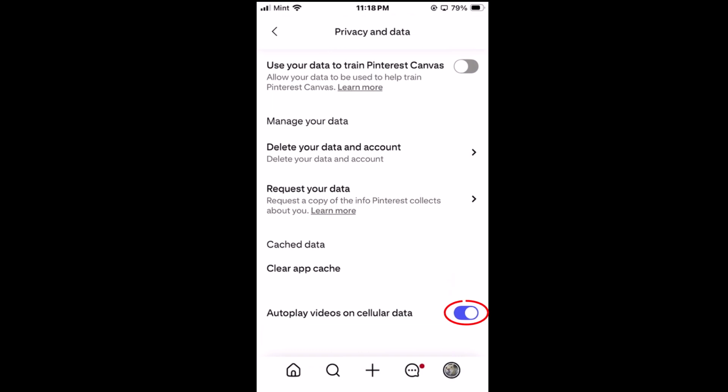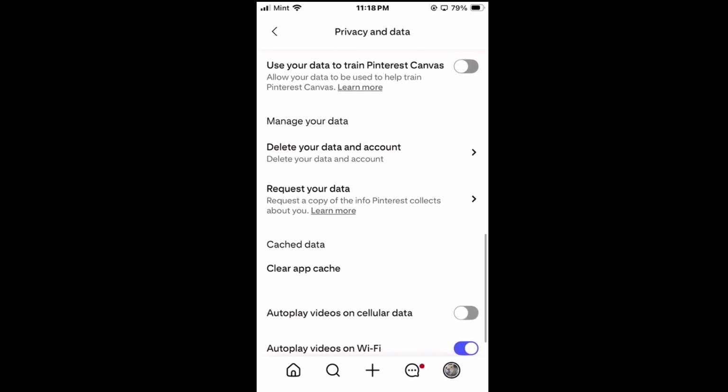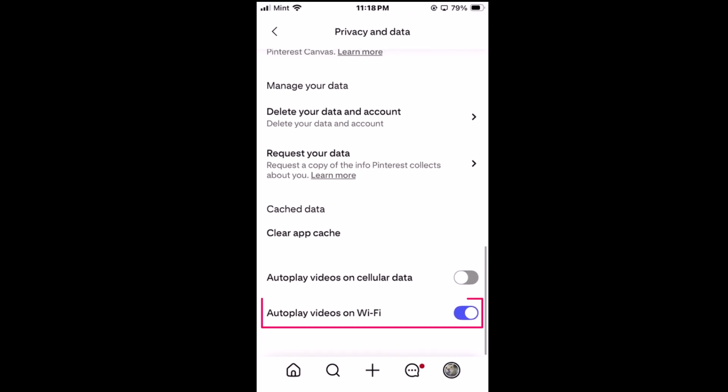It's probably enabled by default, as you see mine is, but to disable autoplay videos, you would toggle that off. Then you could go down lower and it gives you another option, autoplay videos on Wi-Fi. If you wanted to toggle that one off, you could toggle that off too, or you could toggle them both